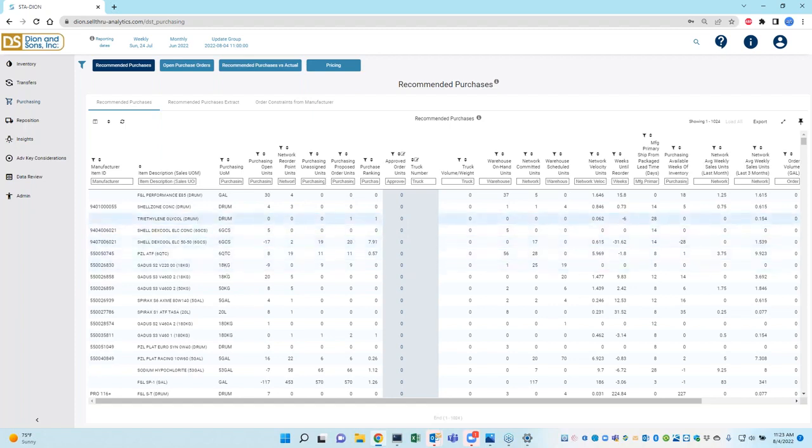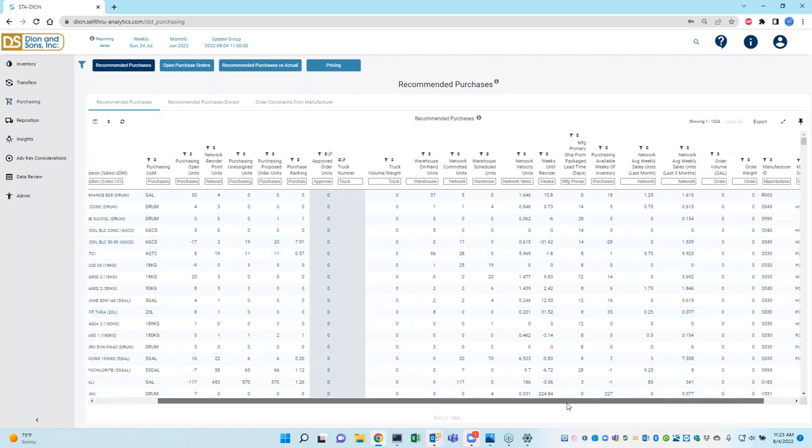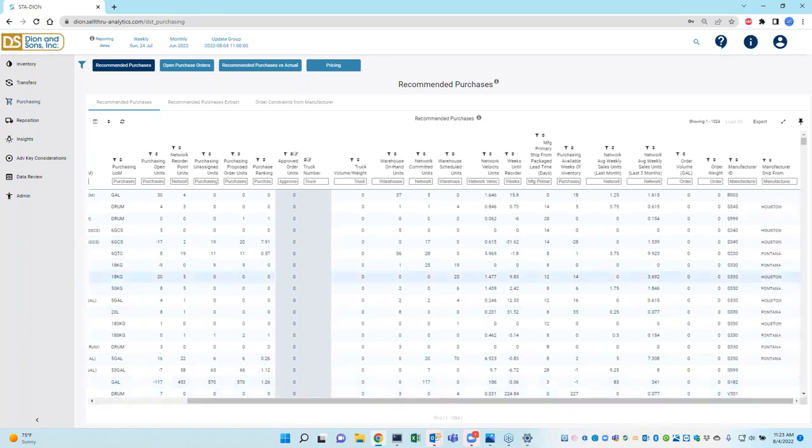So our purchasing department does the exact same thing, is he'll fill in the recommended purchase. He'll kind of fill it in based on a truck number because he's doing it out of, say, all the same facility, LALP or Houston. So he'll try and build a truck to fulfill that. And as he's populating these,